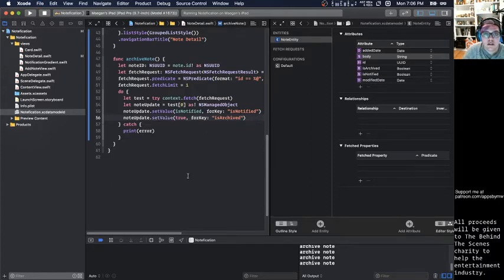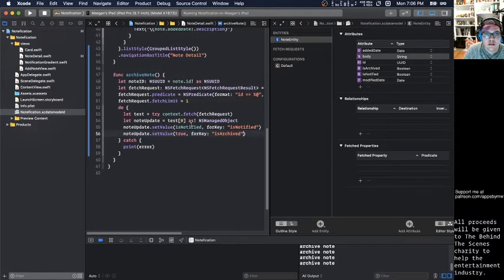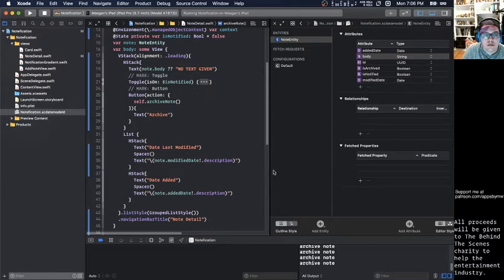Cool. Great. And actually this is just updating the notes, the archive option here, so we're not even going to do that. Awesome. Because there's no reason to update the archive if it's not there. So we're going to update it to true. How do we know if it's true in here? We'll also do